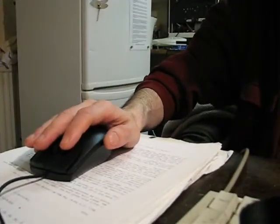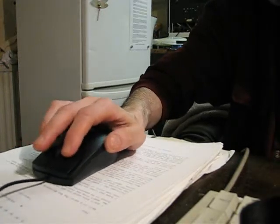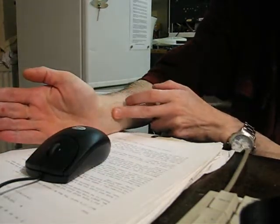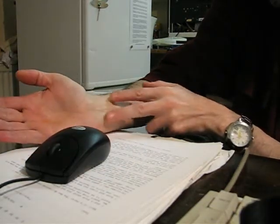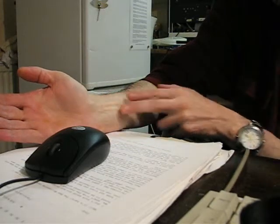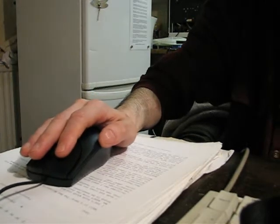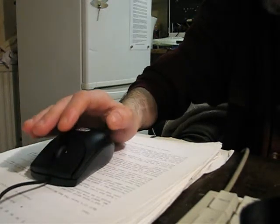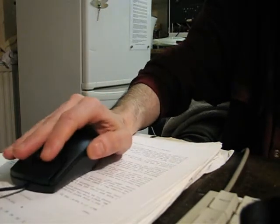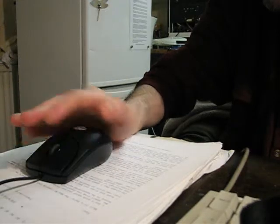And just to show you my idea from another angle, obviously we're using the mouse in the same position all the time, and it puts pressure on this part of the wrist and has the effect of squashing the veins and things. And obviously for short periods of time it's not really noticeable, but after prolonged use of the mouse it can become quite uncomfortable. So what I'm suggesting is, if you rotate the wrist through 90 degrees,